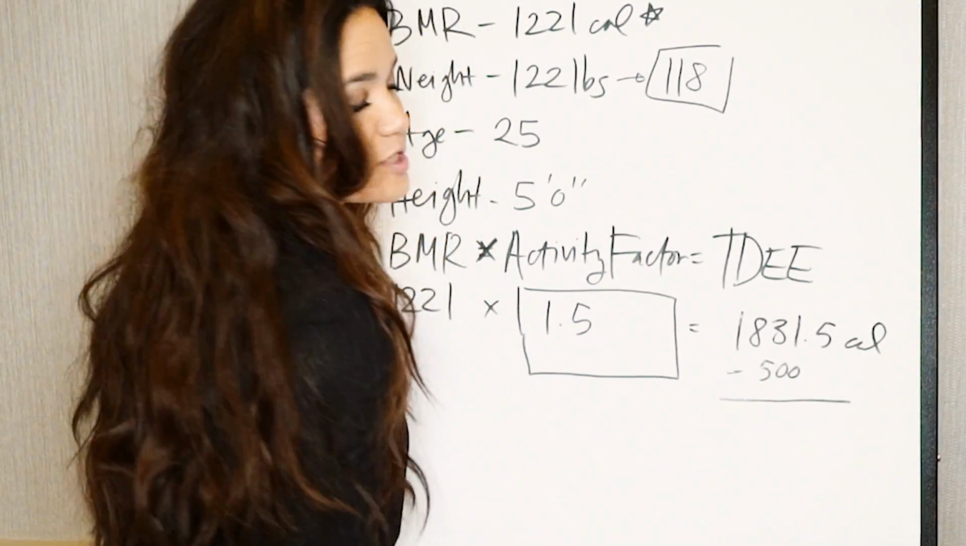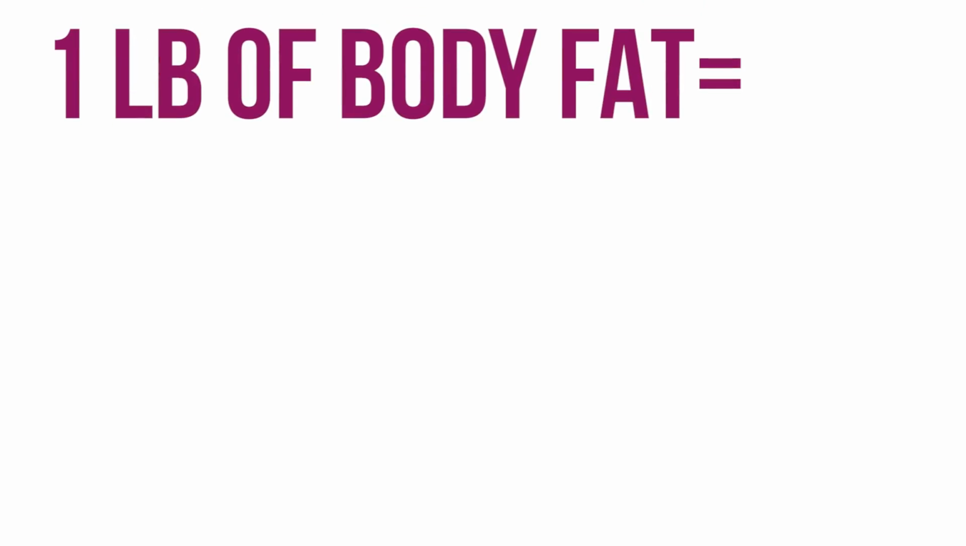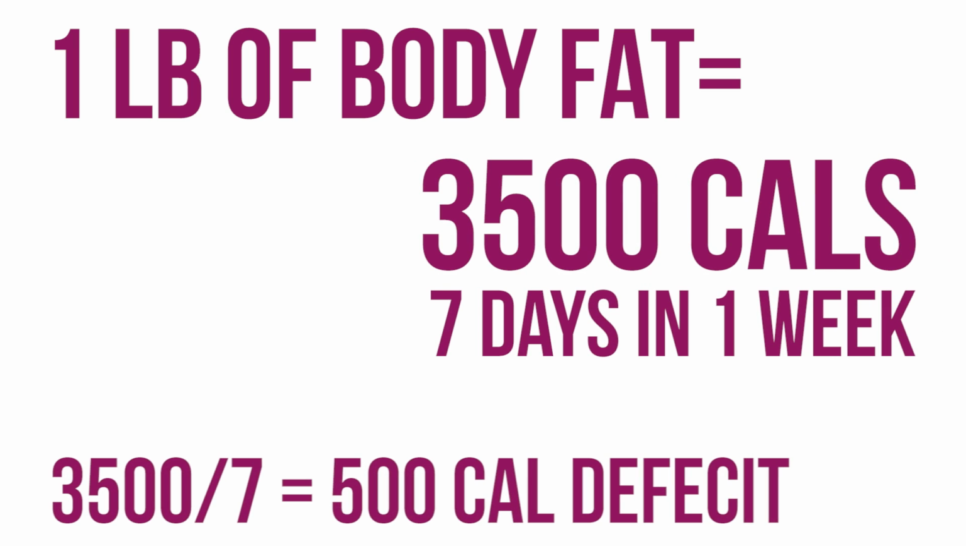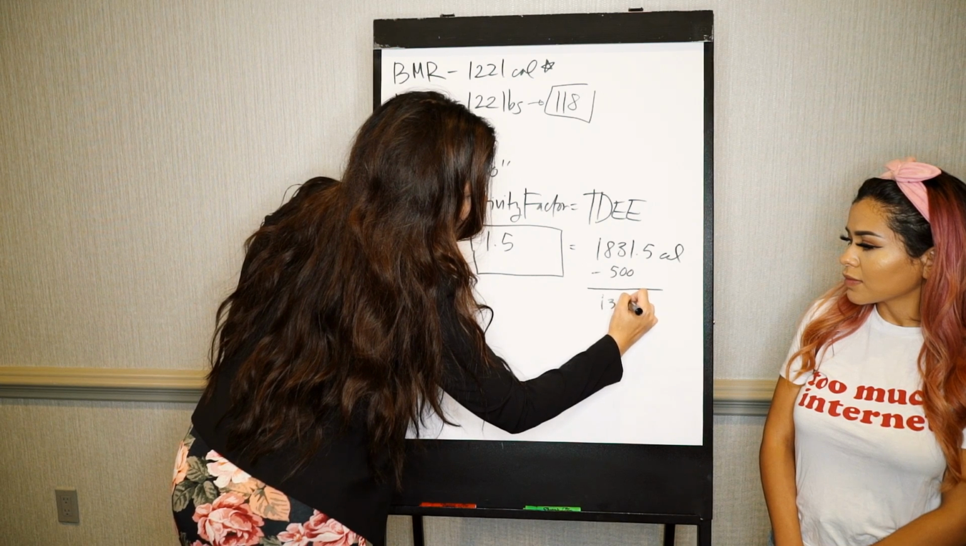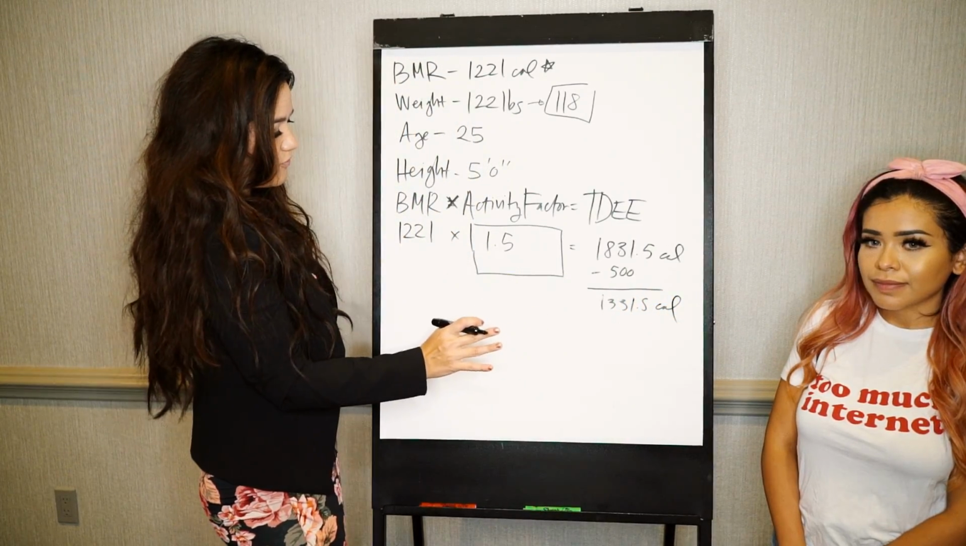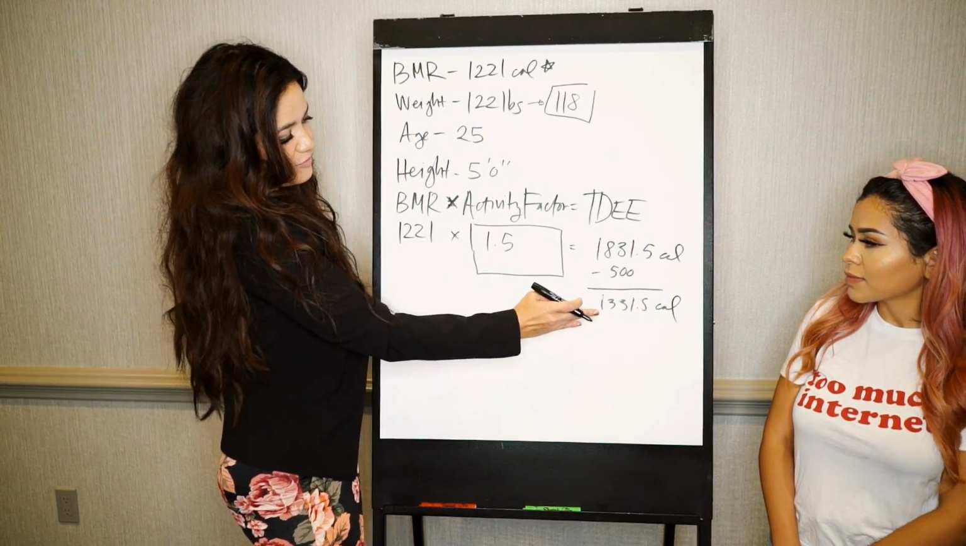The reason we get that is because 1 pound of body fat is 3,500 calories, 7 days in a week. So 3,500 divided by 7 is 500. She would need 1331.5 calories per day. So before we proceed any further, the first question I have for you is, do you